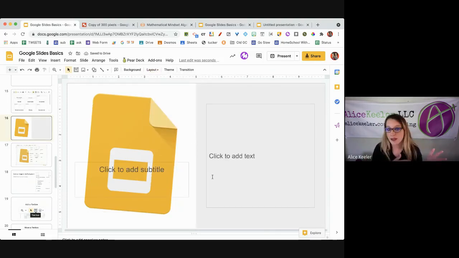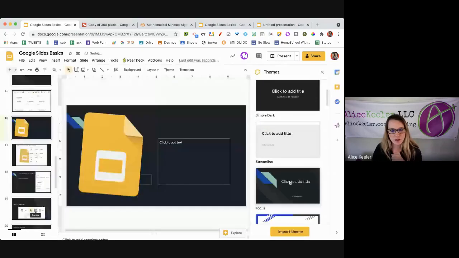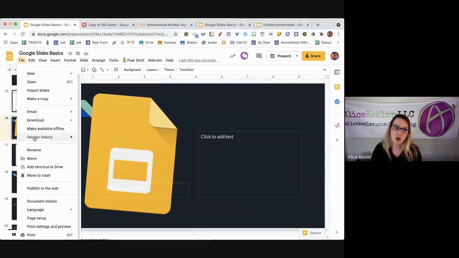Now notice I've completely messed up my Google Slides. This is just me playing around and showing you how to change the theme, actually how to change the layout. We haven't done the theme. You're welcome to choose a theme if you want. You can click on theme, it comes up, and you can select one of these pre-made themes if you want to, but I've really messed up my slides. So I'm going to go to the file menu, and I'm going to go to version